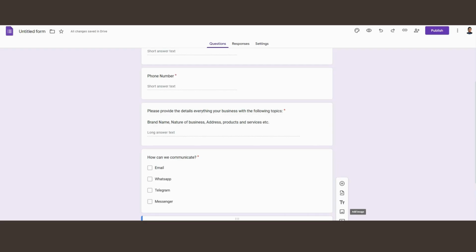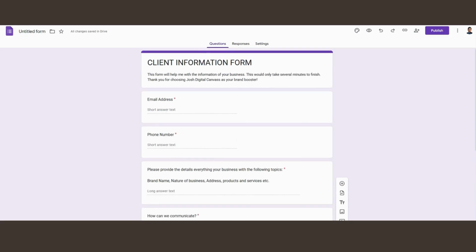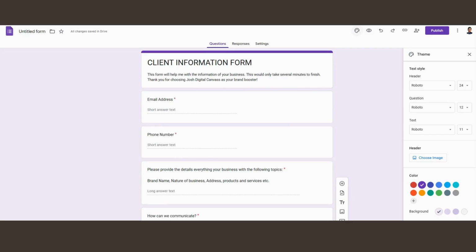So sorry for the sudden loss of my screen. It's because the app that I'm using for recording has only given me 10 minutes, so I will record another 10 minutes. So to continue, again, let's say when you are here, and you want to change the font style, the background, or add an image background to your Google Form, you have to click this icon here. It depends on the color of your branding. For me, I am more on gray, and also for the picture, you choose this one.